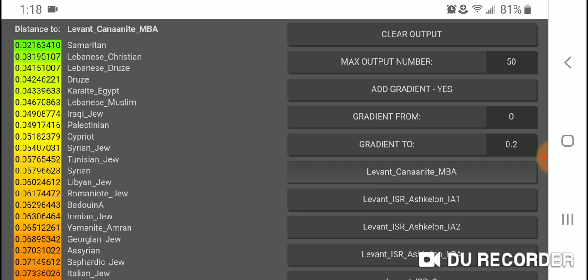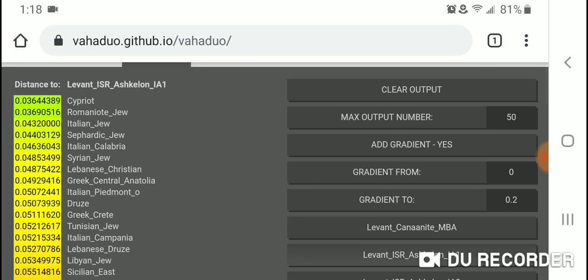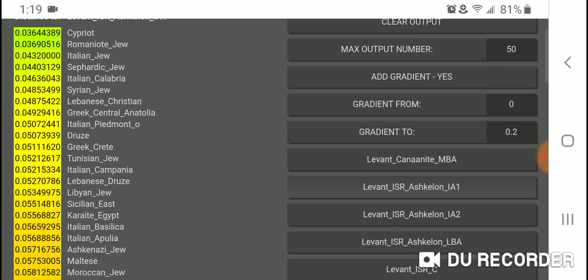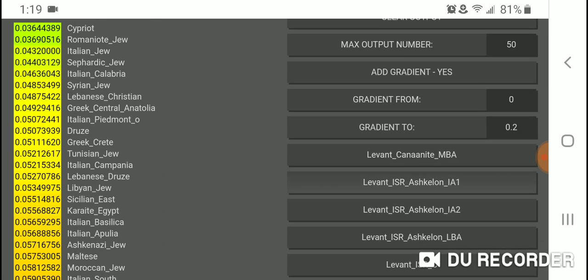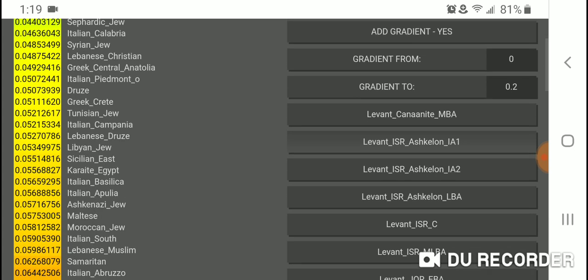Let's take a look at Levant Israel Ashkelon Iron Age 1. And again, this is sort of like mixed Philistine, when they first arrived to the Levant, and you get Cypriot, Romaniote Jew, Italian Jew, Sephardic Jew, Italian Calabria, Syrian